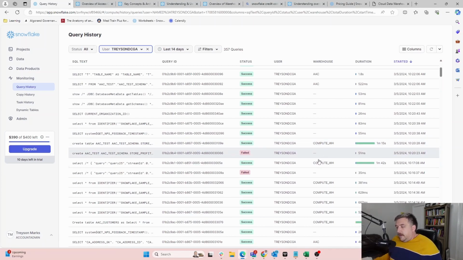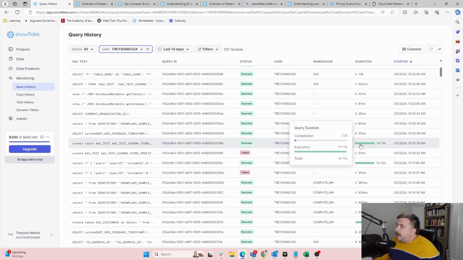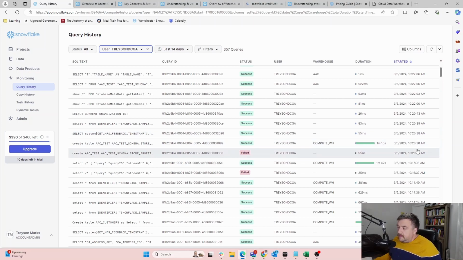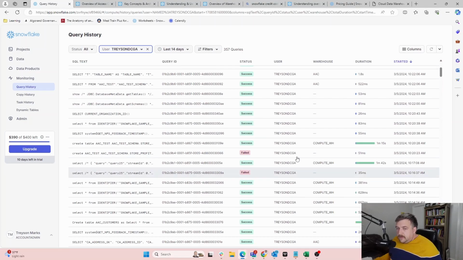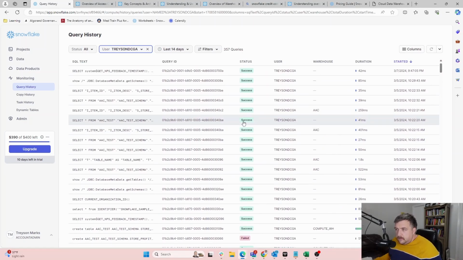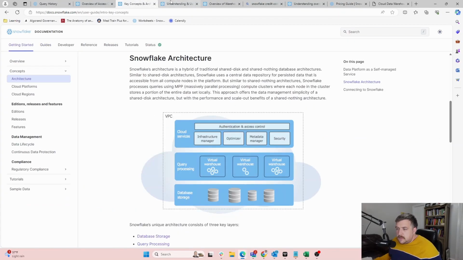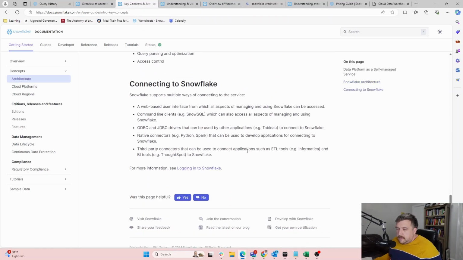Now, the size of this warehouse and the size of these queries probably isn't enough to really impact my costs, but across time, across hundreds or thousands of users, whatever it looks like, this will save real dollars over time. So yes, this feature here is great. That's the query processing here, and I'm just going to leave that at that.